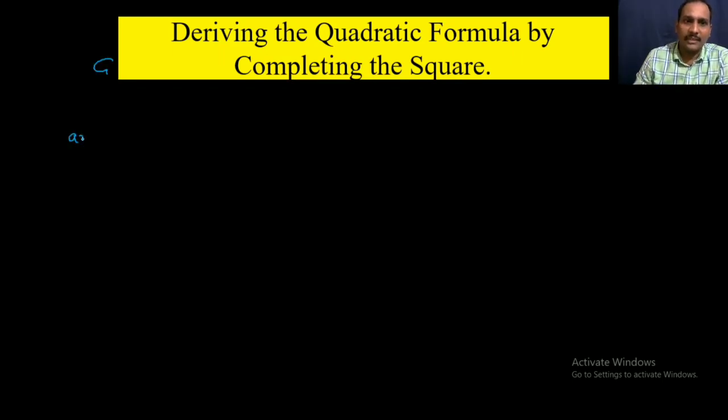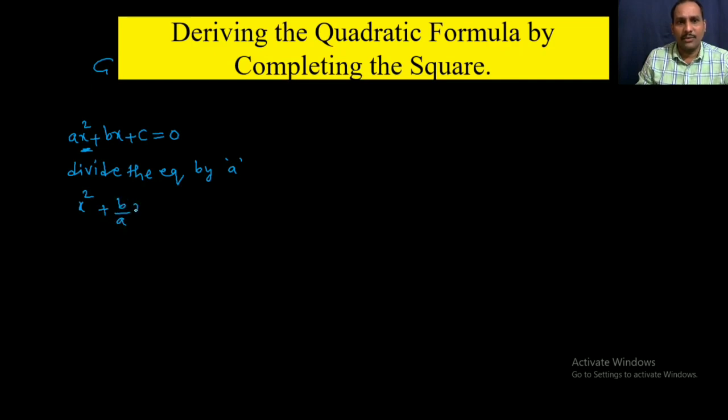Consider the equation ax square plus bx plus c equal to 0. To use the completing the square method, the coefficient of x square should be 1. So divide everything in the equation by a. So we will get x square plus b by a into x plus c by a is equal to 0. To make it a perfect square, we have to add half of the coefficient of x whole square